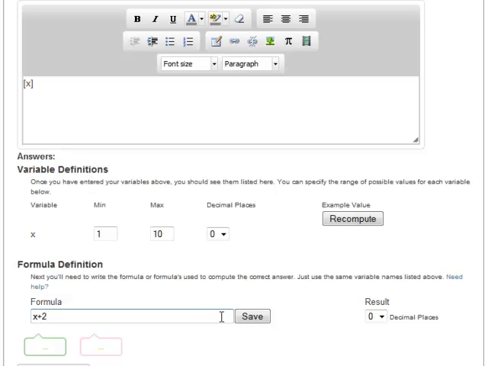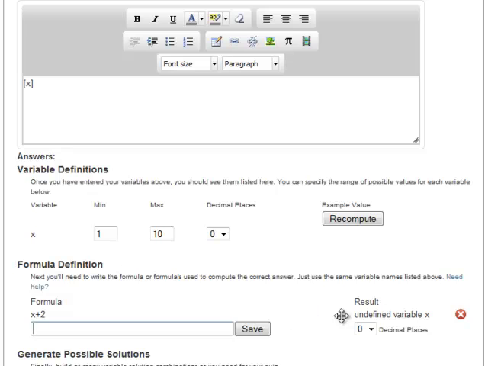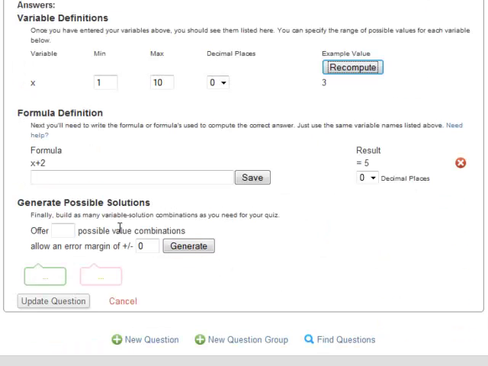Enter your formula definition to write the formula used to compute the right answer. And you can use the same variable names listed above with the brackets. And you can enter the decimal places. And then click Save. And then you click Recompute for each option. And then you can generate possible solutions and build as many combinations as you need for the